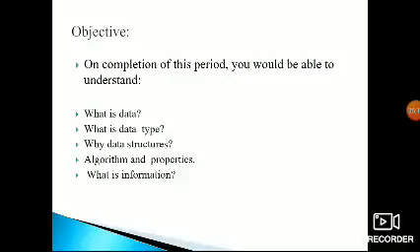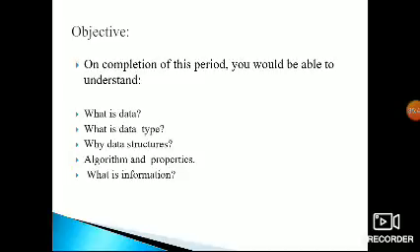So what is data? Data is nothing but a set of values. And what is a data type? A data type is nothing but a set of values, and the operations on those values. Integer will have memory, integer will have space, how many bytes it should occupy, that is 2 bytes. It will allocate space to store the values based on that. That is a data type.